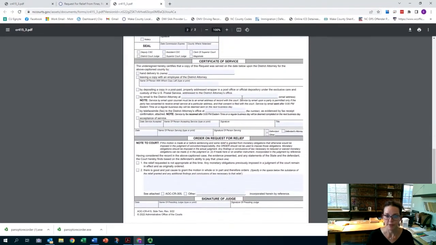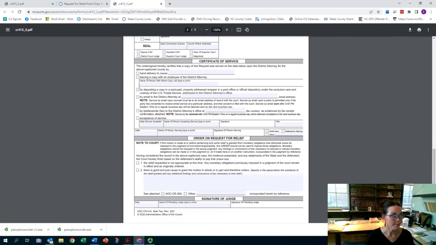The next portion of this document is a certificate of service section. This document, because it is a motion in a previously disposed case, requires that the district attorney receive a copy of this document. So typically, you're going to go to the district attorney's office first. So you're going to get it signed in the clerk's office or with a notary. Then you will go to the district attorney's office. You're going to want to take 2 to 3 copies of this document with you. I generally would recommend 3 copies. So you go to the clerk, sign it, go to the district attorney's office, and serve them with a copy.